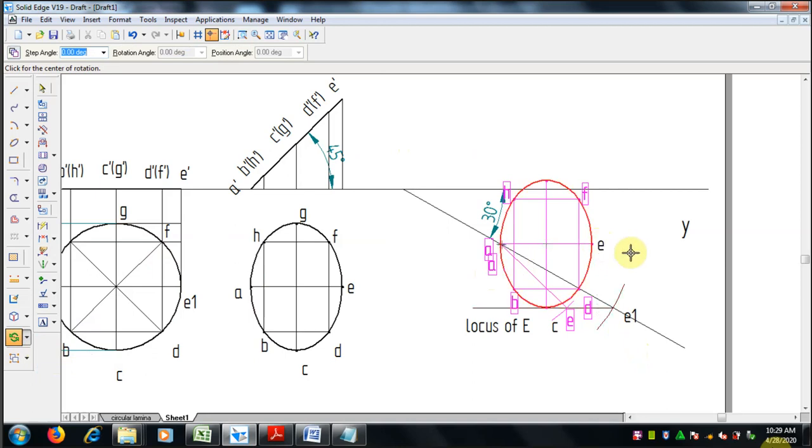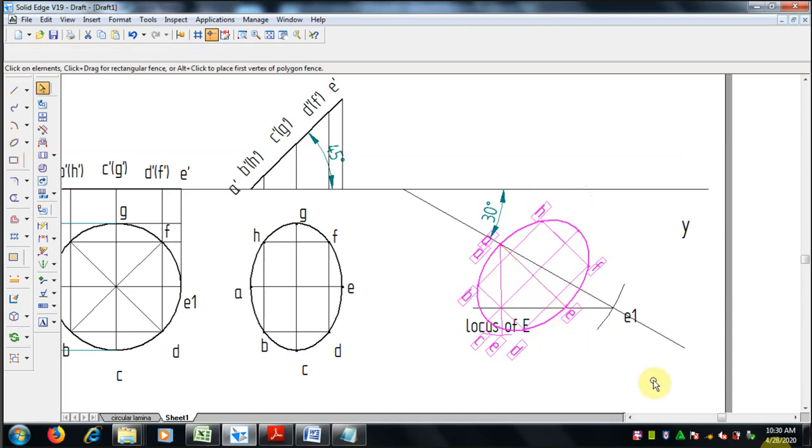There is no copy command, it should be removed, so we can select fully. Mapping that rotated A and E. Now it is rotated.